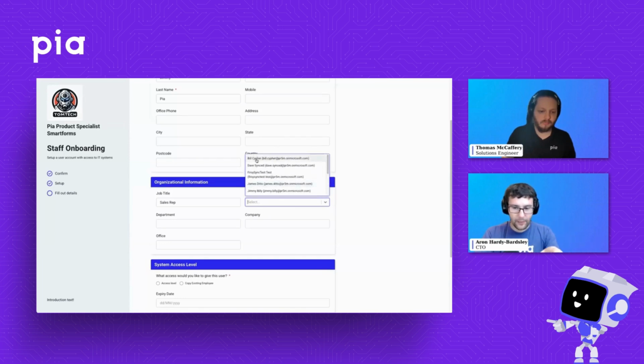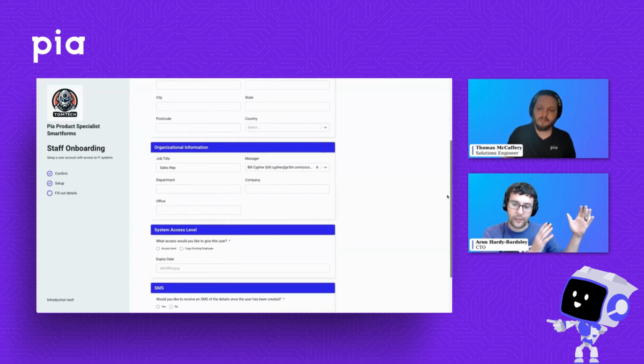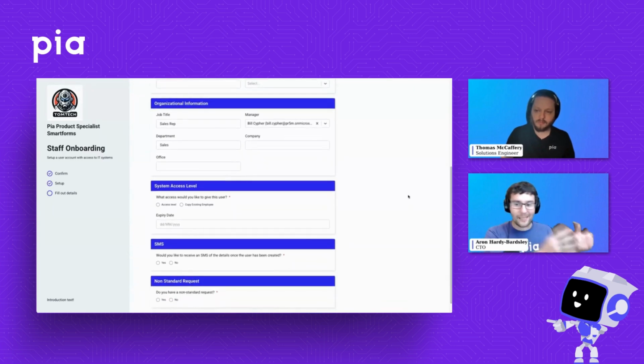This information, same thing with the manager drop down there, is loaded live. So that loading screen that you saw, we loaded that information into the form. This is something that is unique to Pia and to SmartForms. If you're using other forms technologies and you've got that experience, you will know that you may need to manually update that information and keep it up to date per client, or use APIs to try and get that information in there yourself. So immediately we have eliminated the need to keep that information up to date, creating some efficiency straight off the bat.